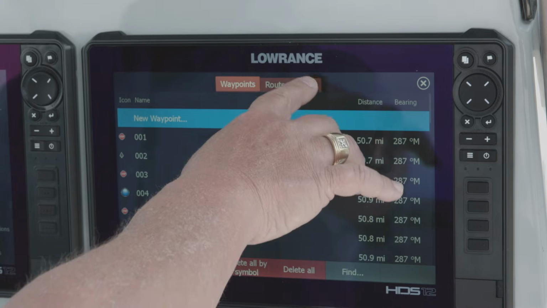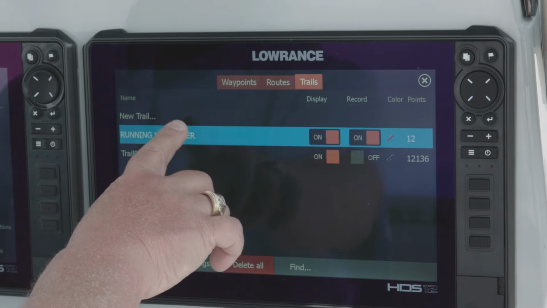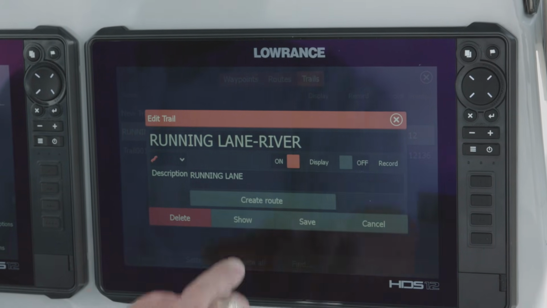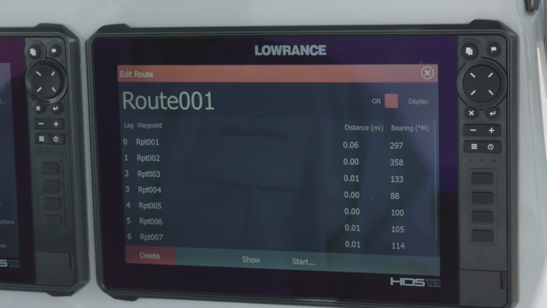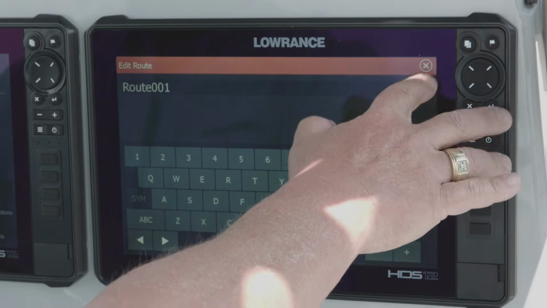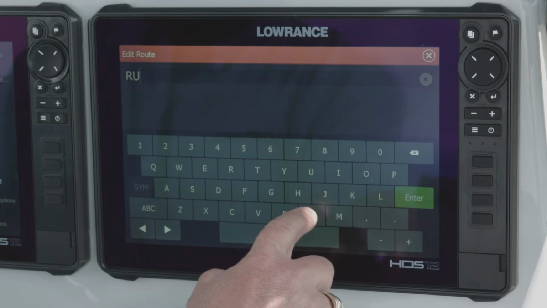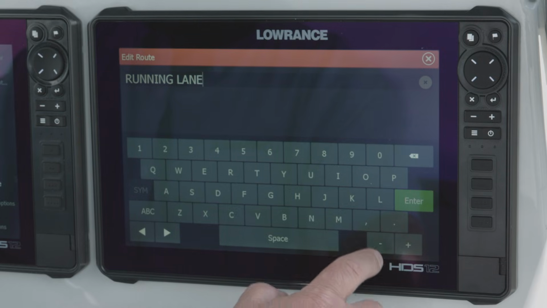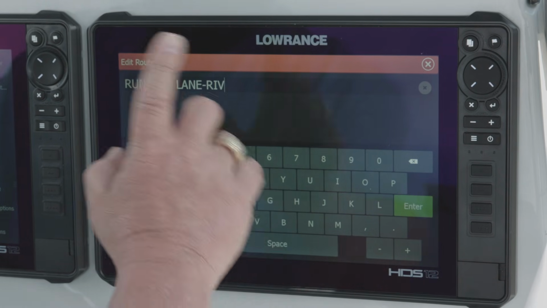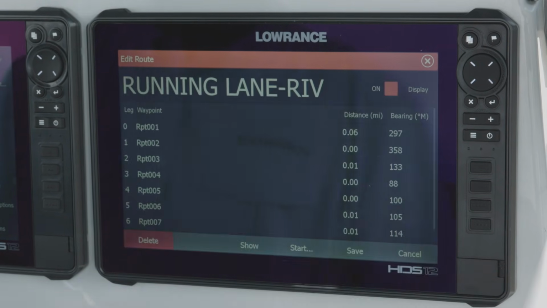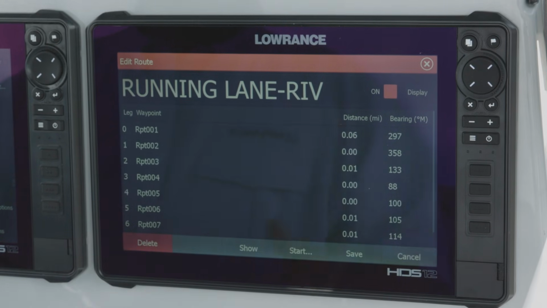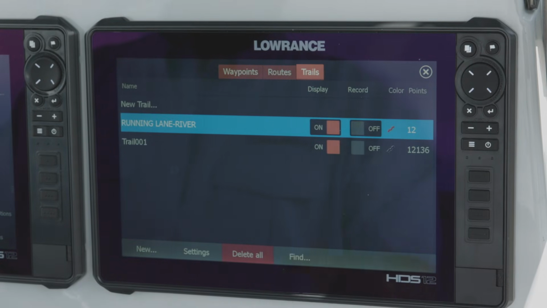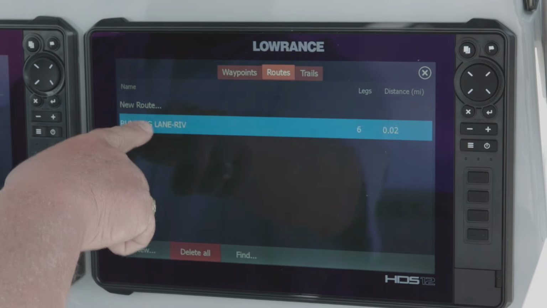We're going to go back to my waypoints and look at the trails. I'm going to turn the record off on this one, so I'm not recording anything anymore. And now I can hit create route. What this does is allow me to create that route. So I know it's the running lane river. This route is on, it's got the route points on it. I hit save. So now if we look at routes, you can see running lane is right there,